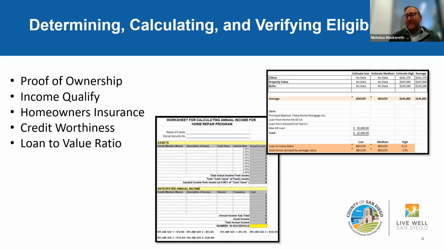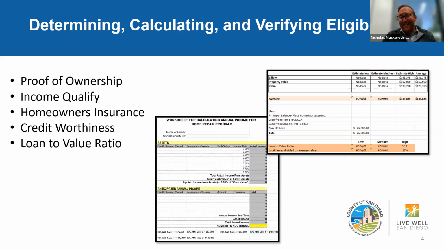The county uses all of these documents to calculate annual income to make sure that all program participants' income is less than 80% of the average median income, based off of their family size. Income includes the full amount before payroll deductions of wages and salary and other pay, net income from the operation of a business, interest, dividends, and other net income, and then the full amount of periodic payments received from Social